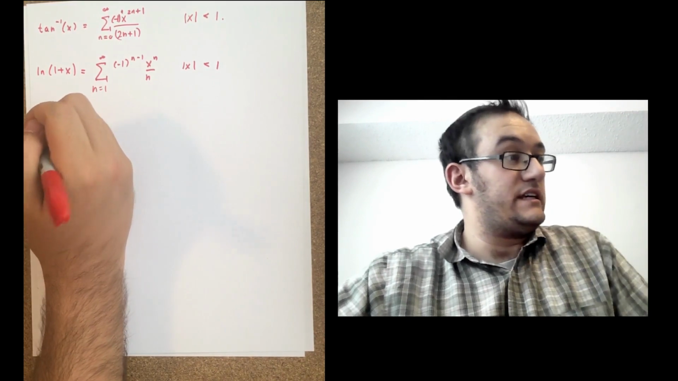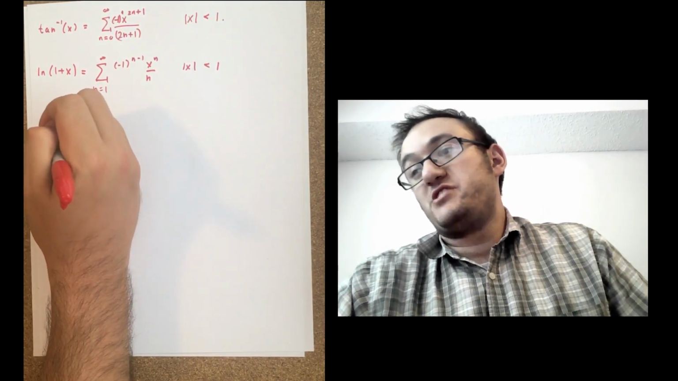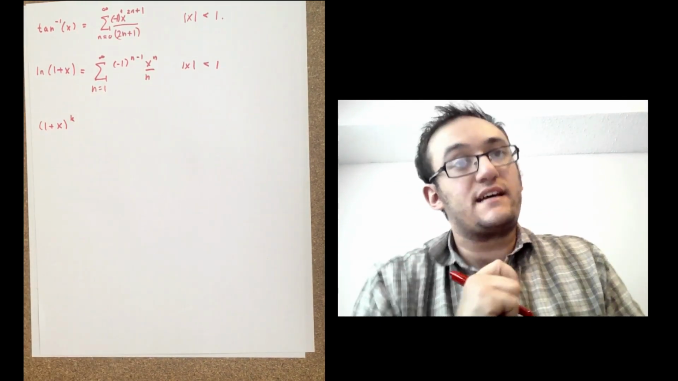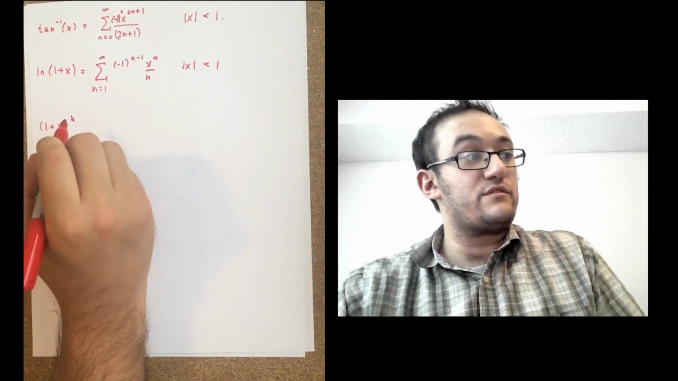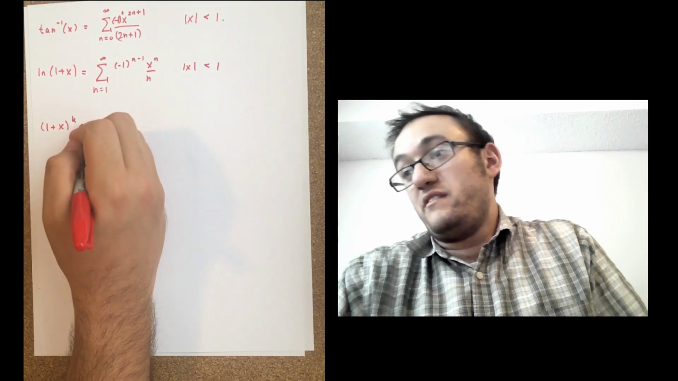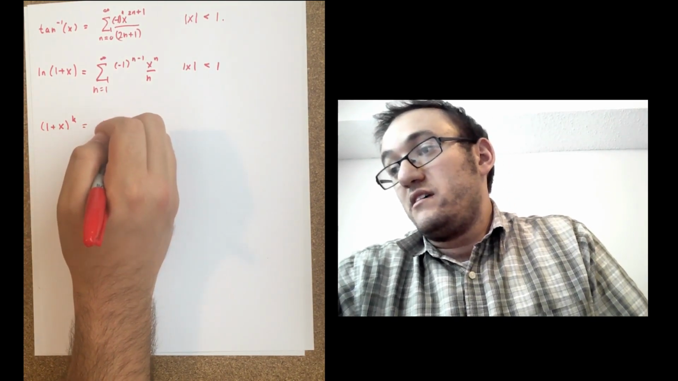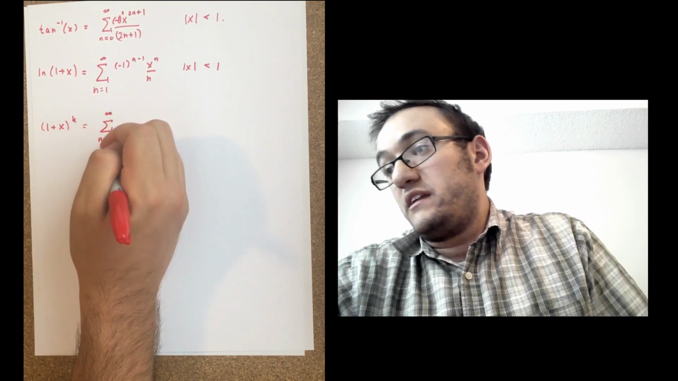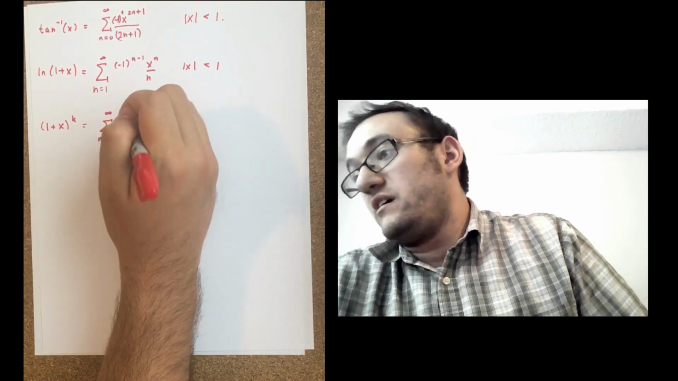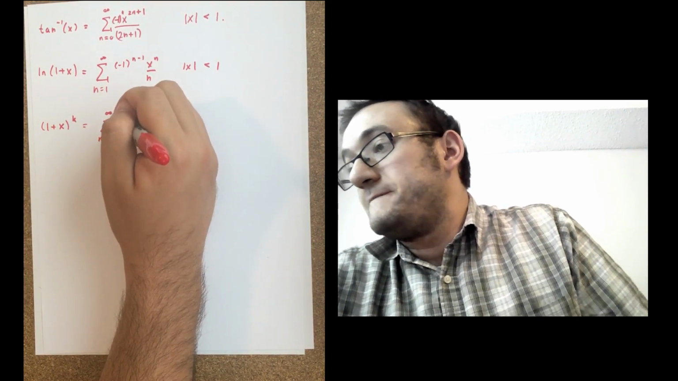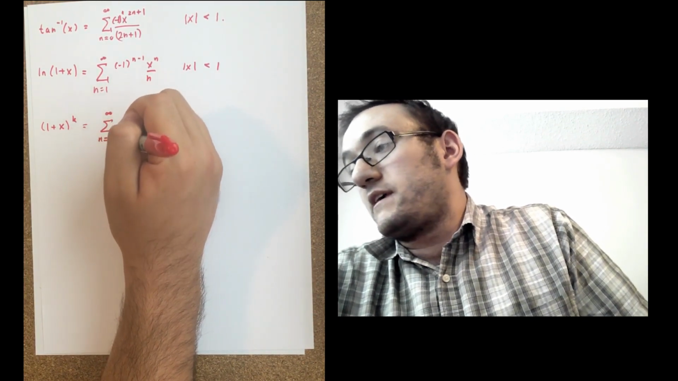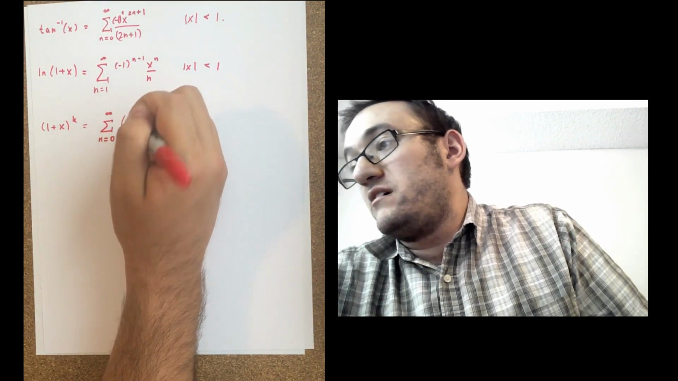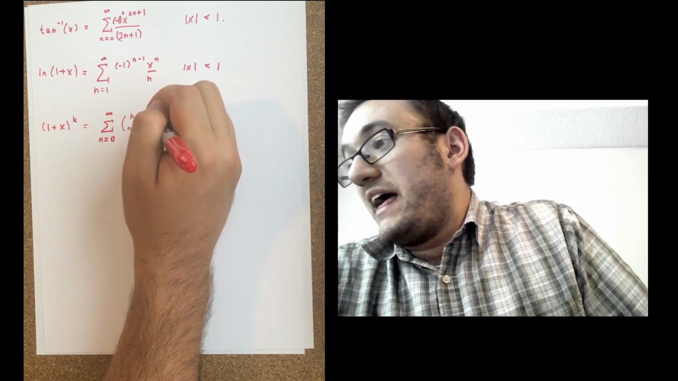And finally, a generalization of what we just did. We used (1 + x)^100, but this generalization is true for any k: (1 + x)^k is equal to the sum from n equals 0 to infinity of k choose n times x to the n,